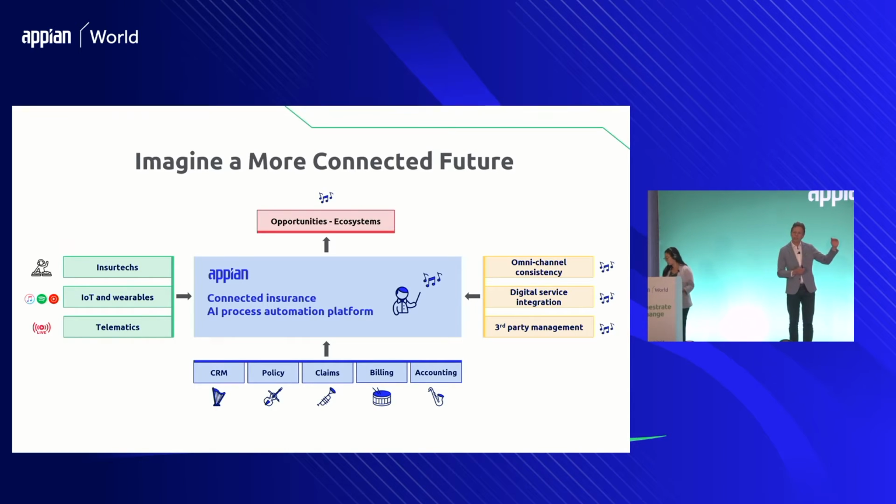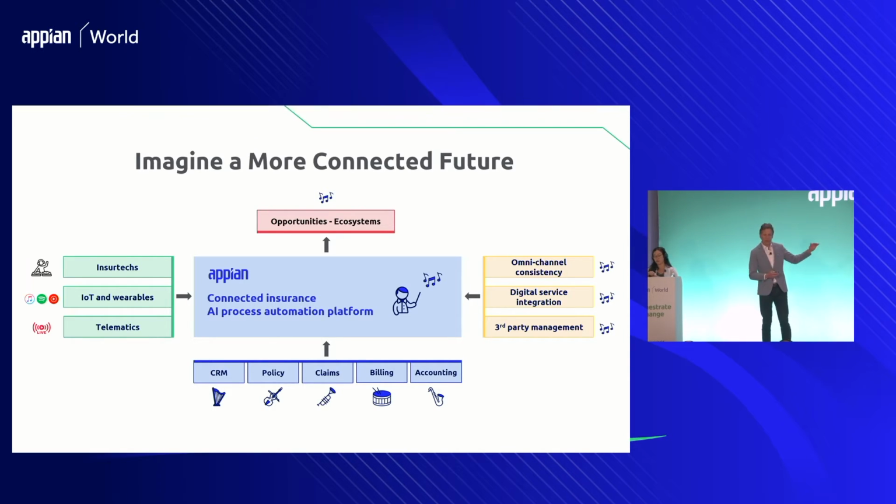And last but not least, once you have that, and we talked about prototyping a lot in the last 2 days, you can actually create different prototypes and different ideas of embedded insurance or new opportunities, new distribution methods you see, new products that you see, build them quickly and jump into that red box that you see, opportunities. So that's what we do. And connected insurance,